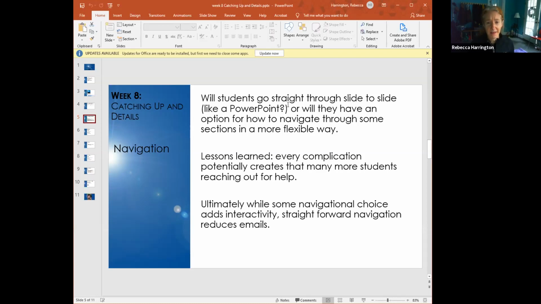And like I said, the lesson learned for me is that I went through 3 years of letting students navigate at one point in module 2 and at one point in module 3, choosing what order they wanted to consume the content in. But almost always, those were the slides that I had the most questions about.